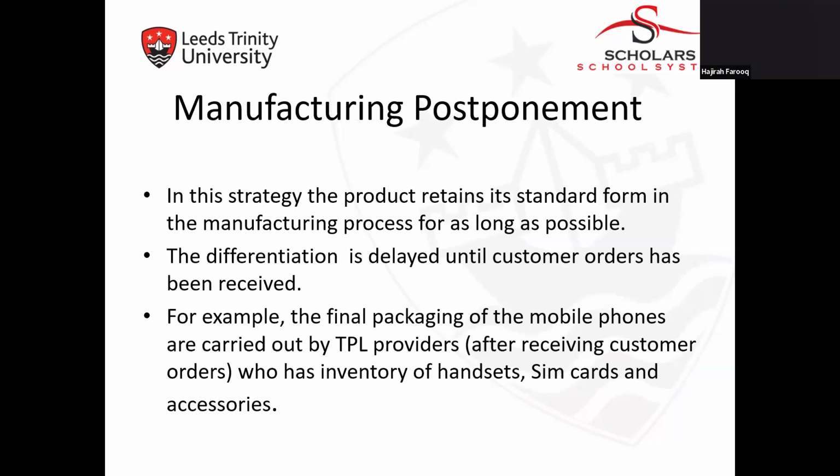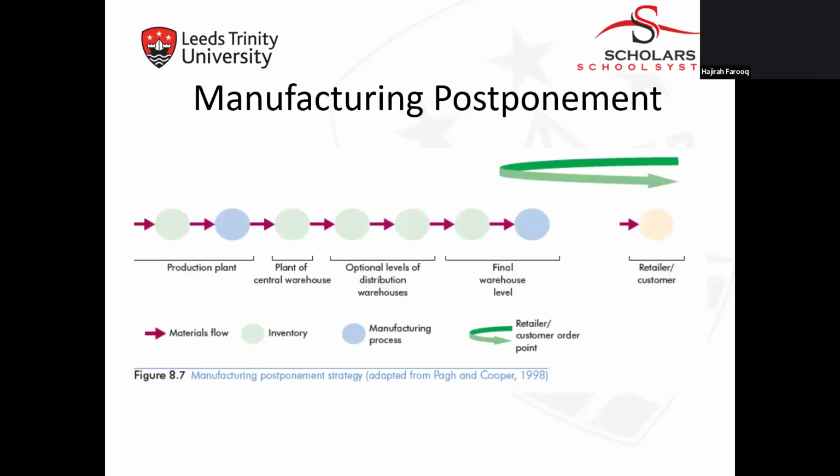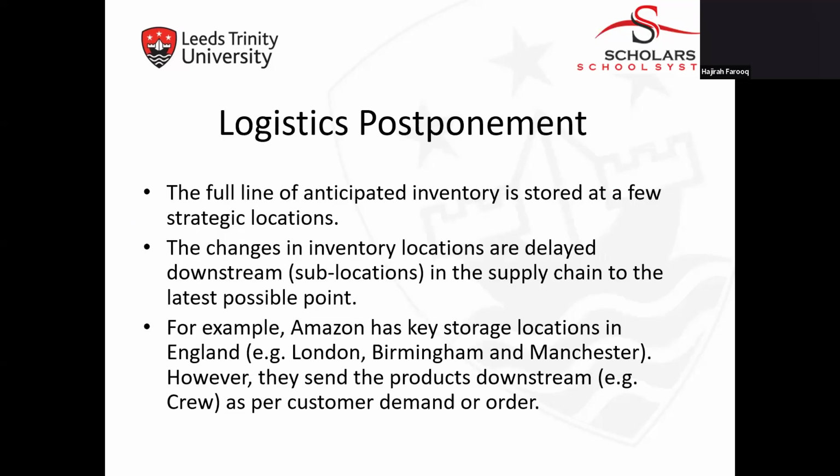Then we discussed manufacturing postponement, which is a strategy where the product retains its standard form in the manufacturing process for as long as possible. The differentiation is delayed until the customer order has been received. For example, the final packaging of mobile phones is carried out by TPL providers after receiving customer orders, who have the inventory of handsets, SIM cards, and accessories. Then we discussed the diagram of manufacturing postponement,